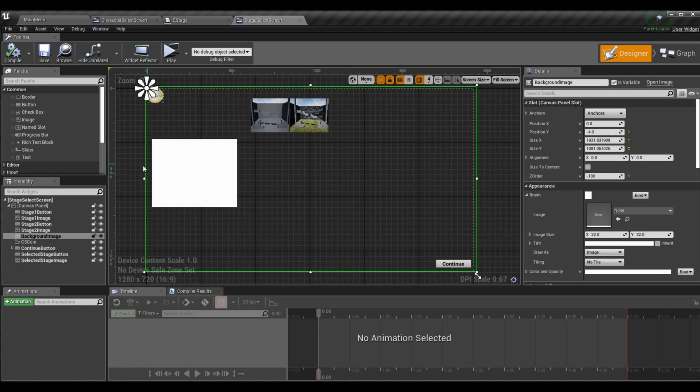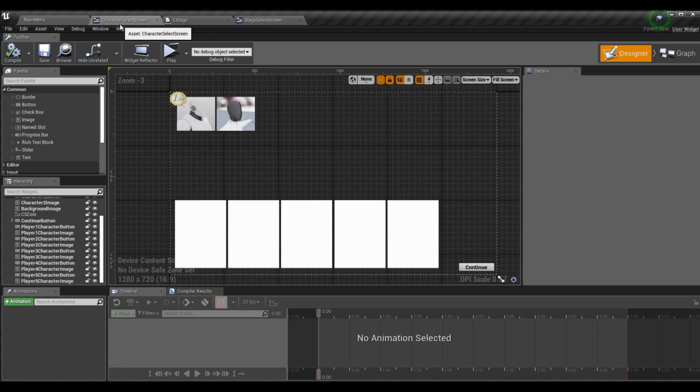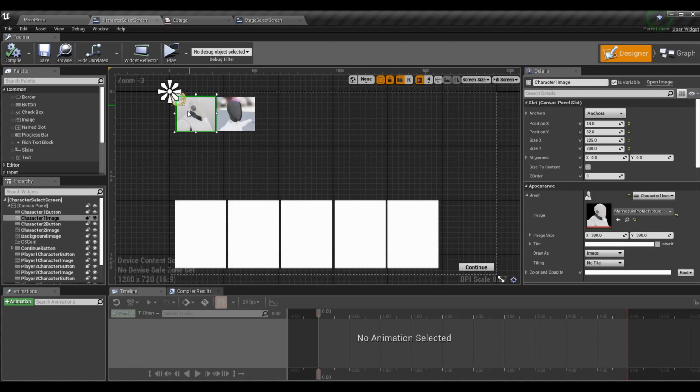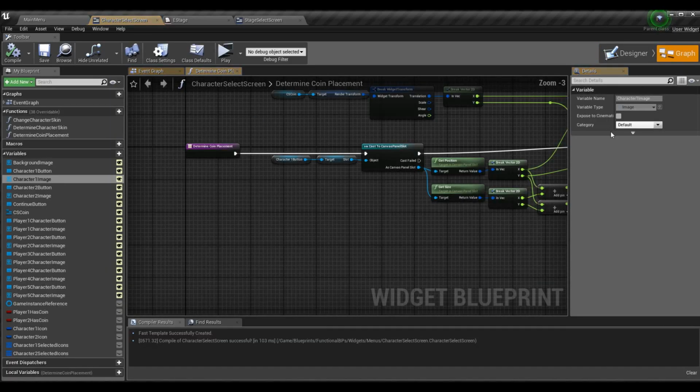That's easy enough. One more thing in the design view. So the way I'm actually handling these brushes and what displays on the screen, sure, in the appearance, I'm going ahead and setting the map icon here, but these are actually mapped to a specific value. So they are mapped to values that we have as variables. And what I mean by that, you see that this image, character 1 image, is, if you go to appearance brush, you can see it says character 1 icon. So if I go to, if I could find it,